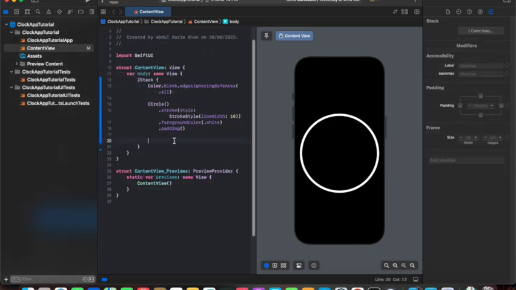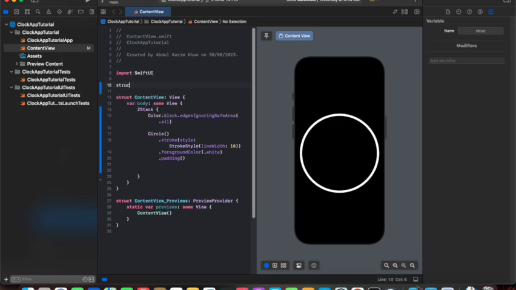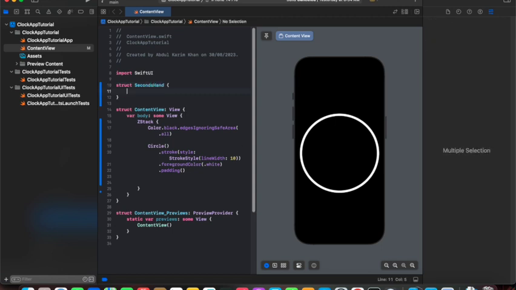Alright, so next we have to add the hands, either hour, second or minute, and for that we need to draw a path. We need to specify a starting and ending point for a path. For example, in our case it would be from the middle and we will extend it along the y-axis. So let's give it a path. We are going to create a new struct. We can name it SecondsHand. We will add the Shape protocol to it,